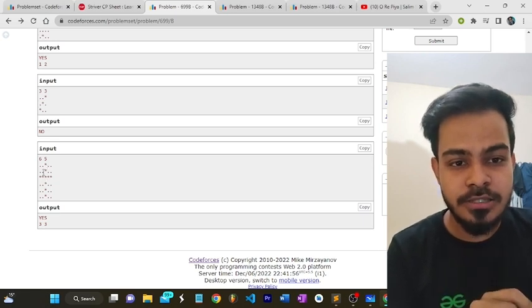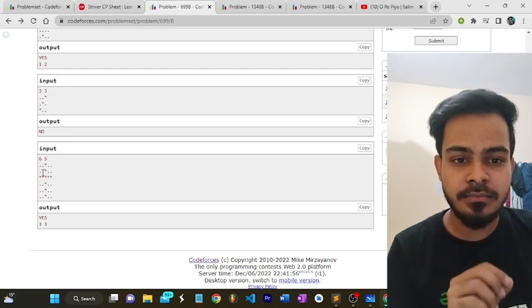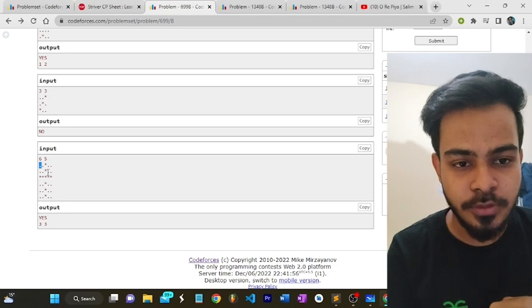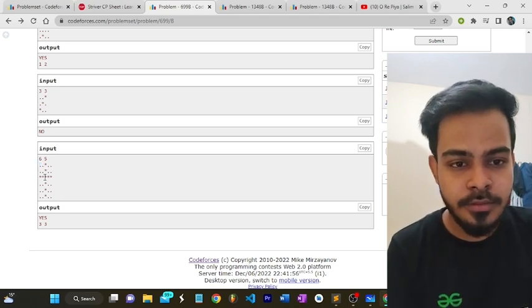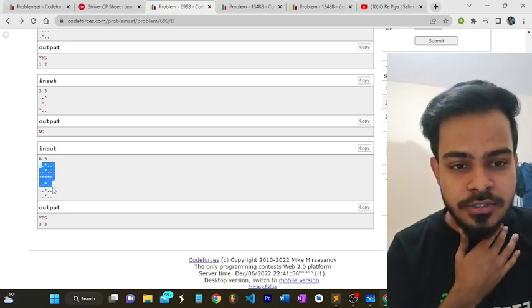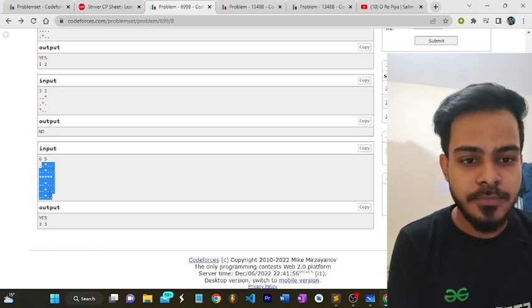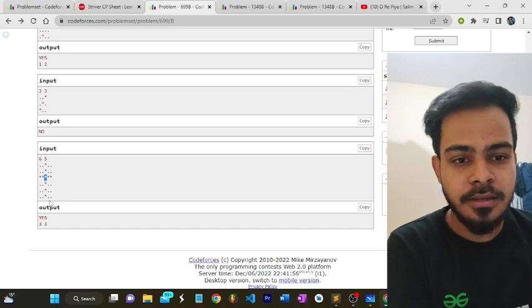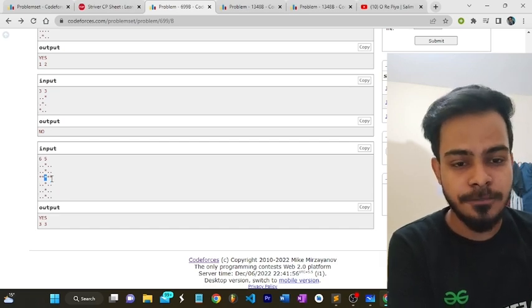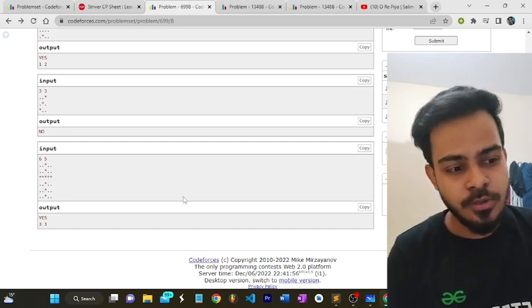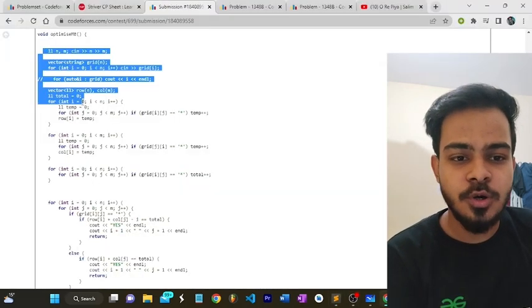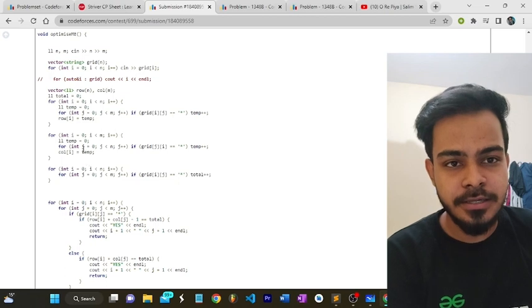And let's suppose I'll start placing my bomb on each index, and I will check whether I can destroy all the houses after placing my bomb on that index or not. Okay, I hope you are getting my point. I will also count the total sum of houses which are present in my grid, so that I can check whether I can destroy all the houses after placing my bomb on that box or not. So let me show my code to make it more clear to you. So here is the code on which we got the accepted verdict. So let me explain it stepwise.